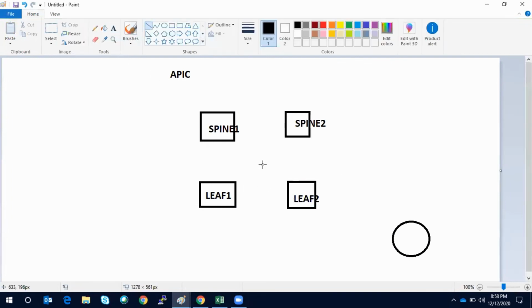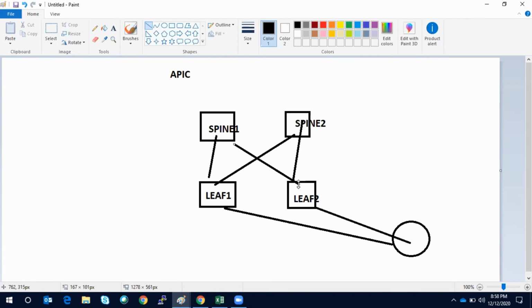This is just one APIC for simplicity, and this is my topology, and this is my active. So what happens when the APIC gets the configuration and reboots to instantiate it during the wizard? It's like a WLC configuration. If you have done the WLC initial configuration, it's the same way. In the black screen it will ask for some details you put there. And then when the APIC boots, it will first discover this guy, leaf 1, via LLDP.